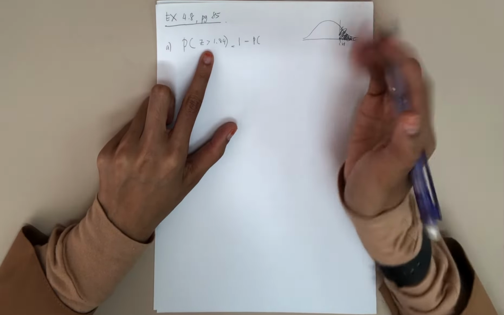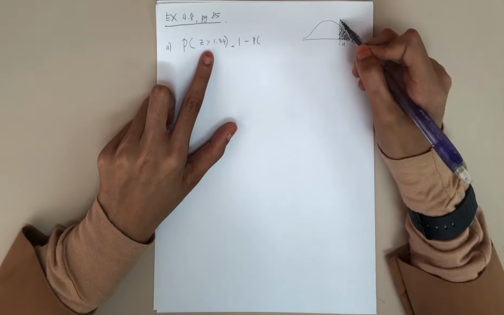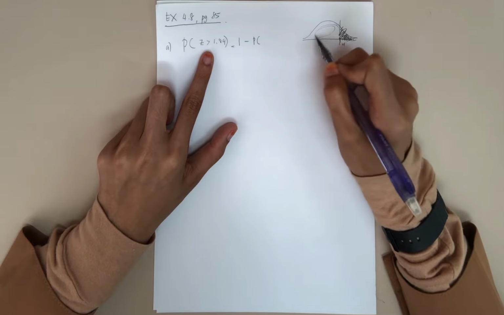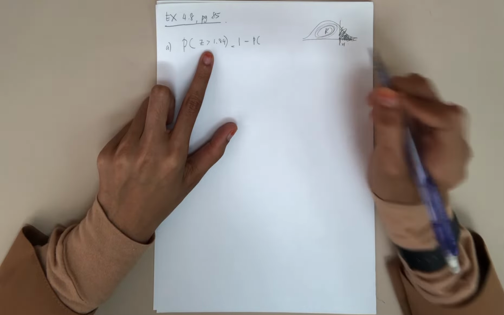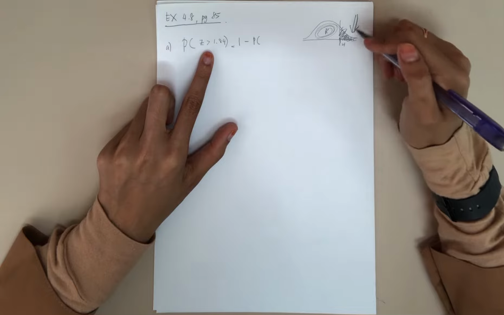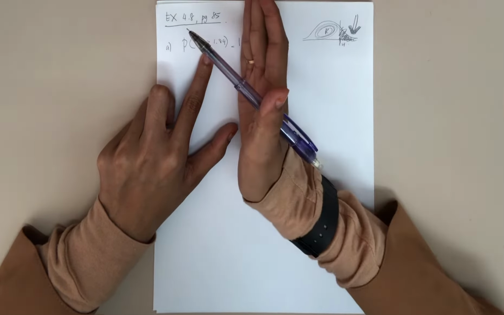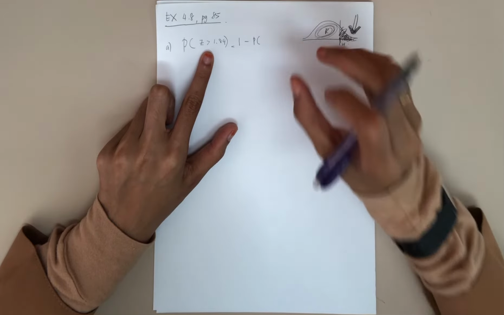So what we do is, from the table, if you look at the table, we will get this area. But we want to get this one. Our question asks you to find this area. So what do we do? We find out the less than, and then we minus 1, or 1 minus this